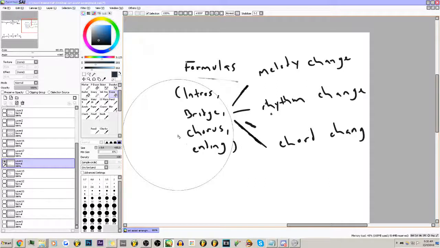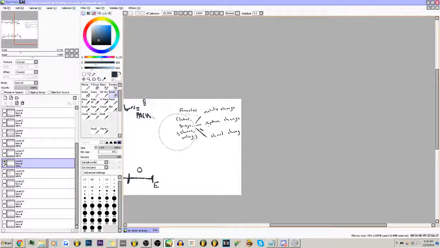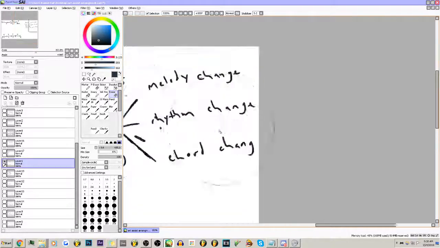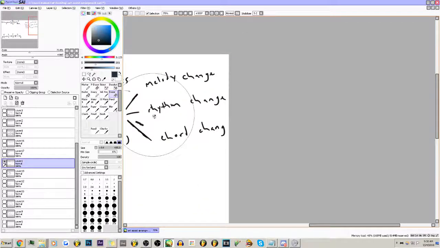will change. And they have to change in order to make sense, in order to bring things together. So that's why I wrote a stem out here, and that's why I put down melody change, rhythm change, chord